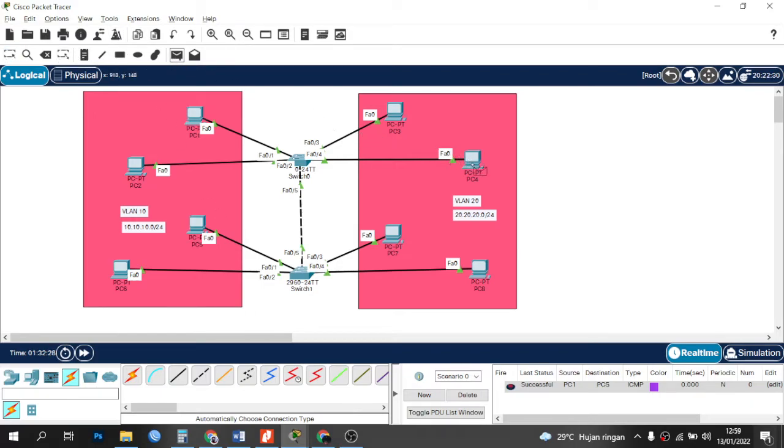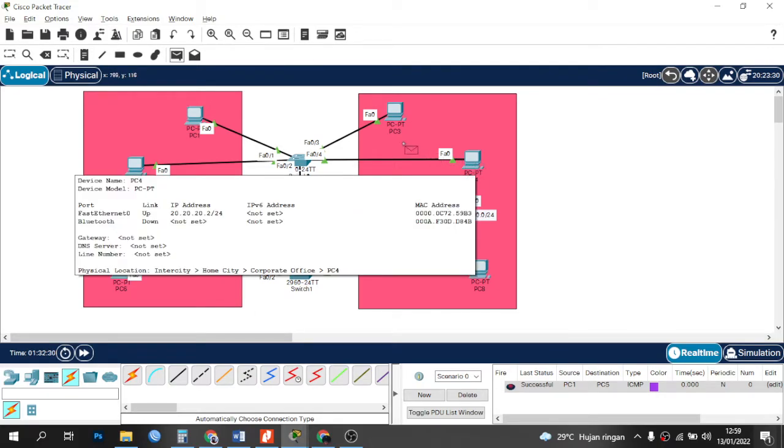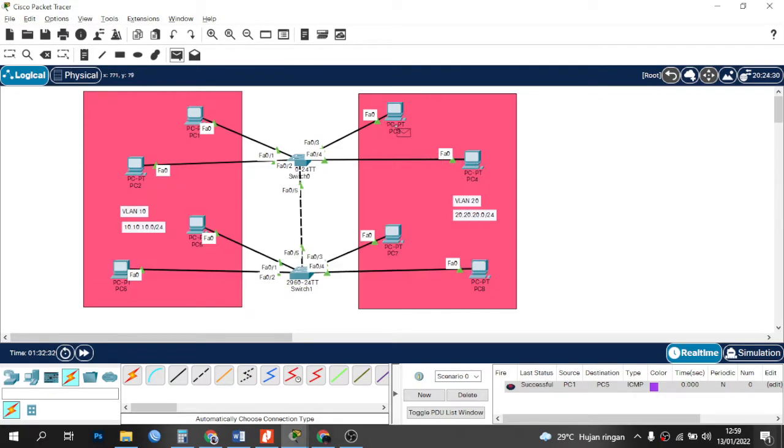On the right side in VLAN 20, for example PC3 to PC8, it can be seen it works successfully.